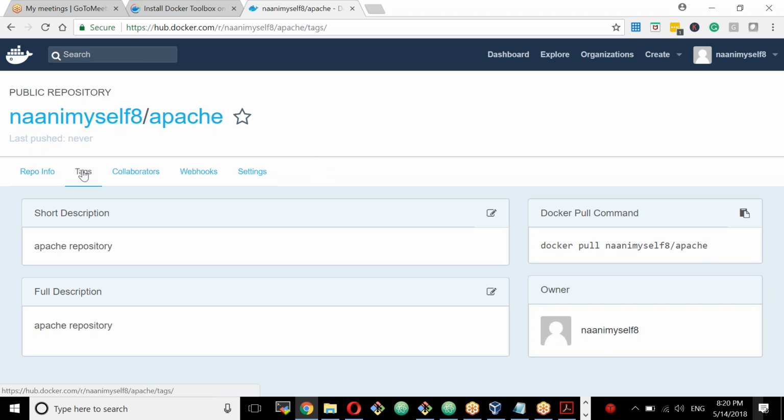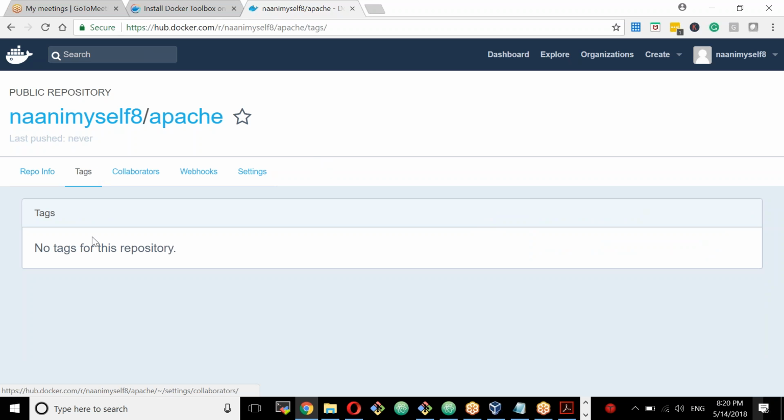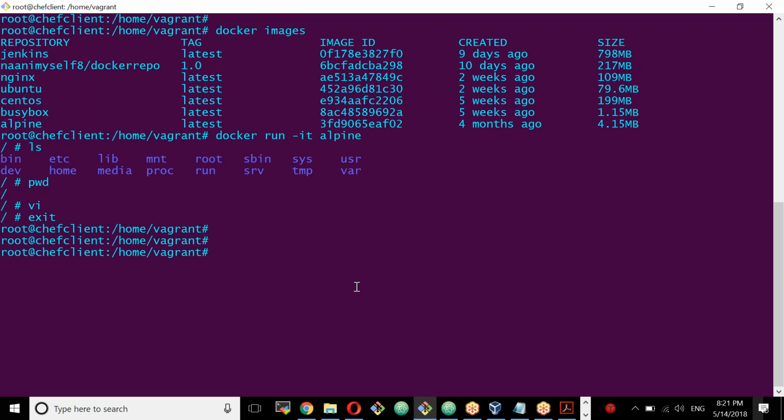So go to tags. Tags will show you the versions that are available, the images that are available here. Right now, there are no images, no versions available. So that means it's an empty repository, no images available. So what we are going to do, we go to,